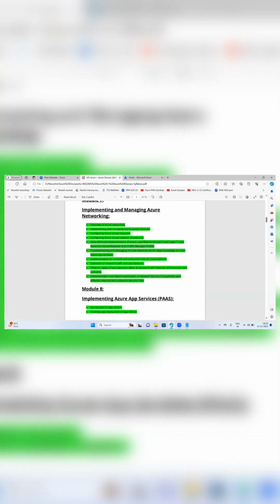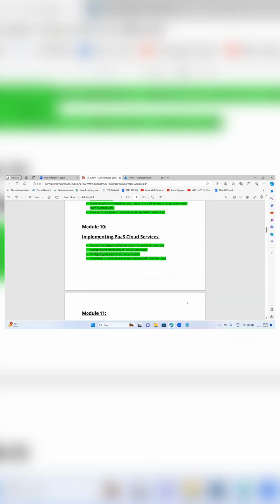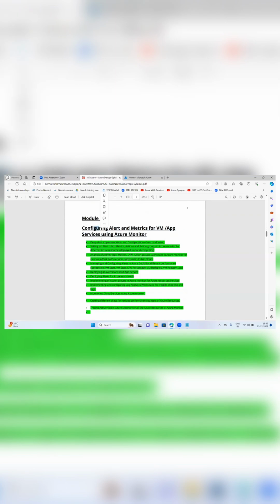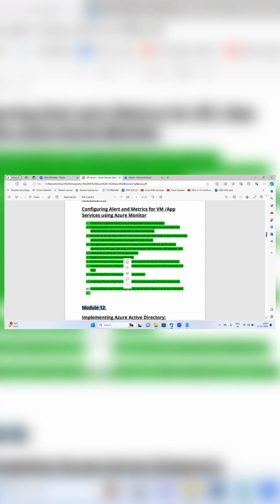Create VMs in Azure, creating of the storage accounts and store the files, implementing and managing of Azure virtual networking, implementation of app services, implementing of Azure app services, planning and implementing Azure SQL databases, implementing PaaS cloud services, configuring alert metrics for VMs and app services using Azure Monitor. This is the module name, and in this module we are covering all these concepts.